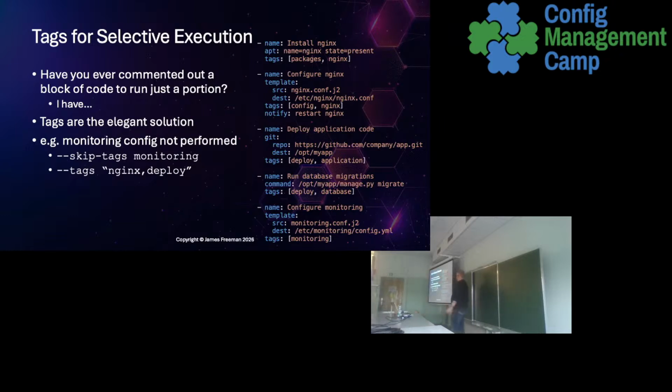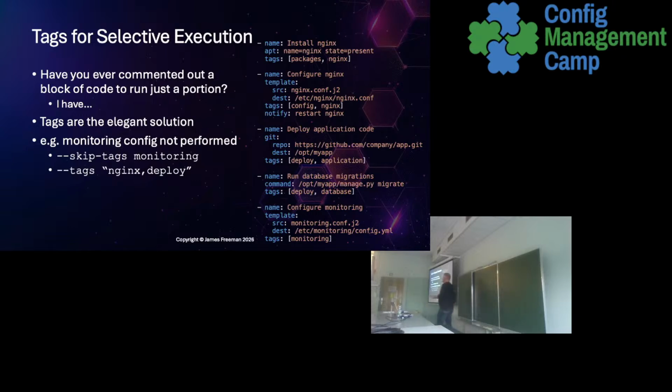No problem. Okay, tags for selective execution. Now, I'm probably going to need to speed up a little bit to keep myself on time, so apologies if I talk a little bit faster. This is basically, by default, you'll write a playbook and it runs beginning to end in the order that you wrote it. And that's great deterministic behavior. It's what we want Ansible for. If you end up commenting blocks of it out because you need to run only a subset of it, I mean, I've done it. Again, it's a thing I've done.